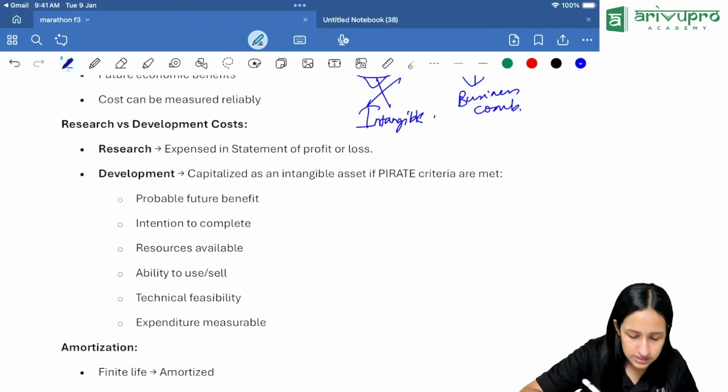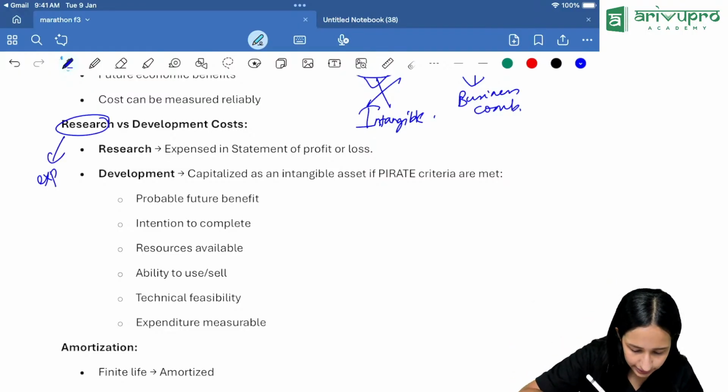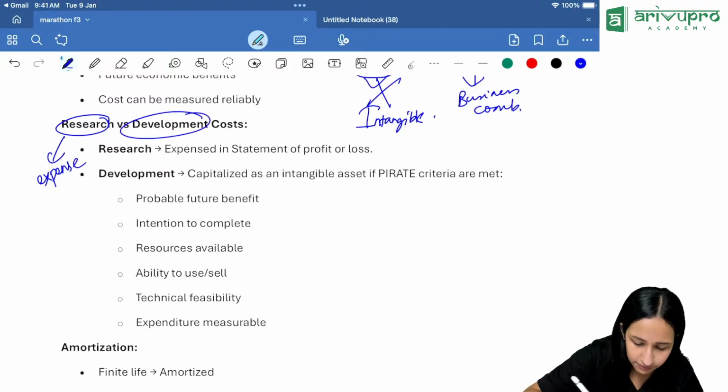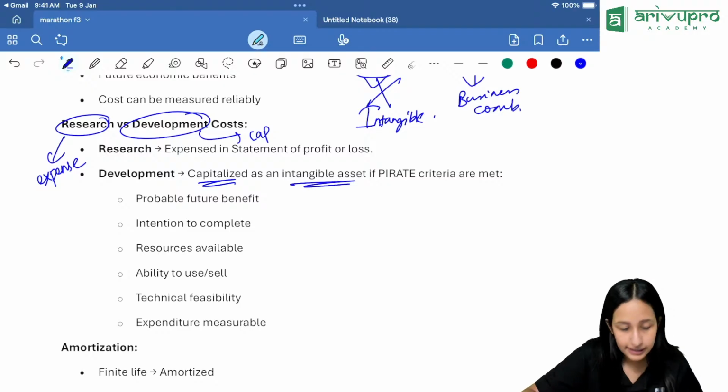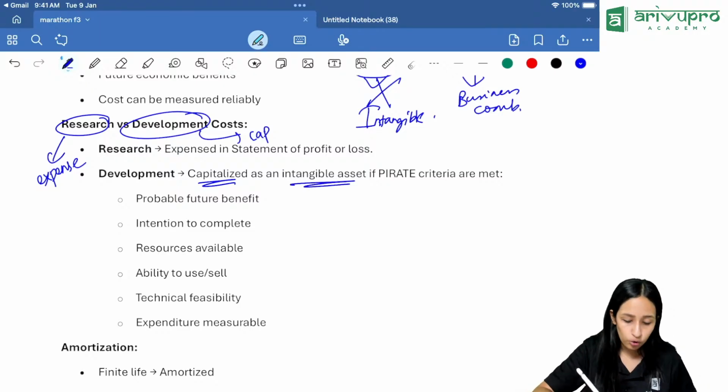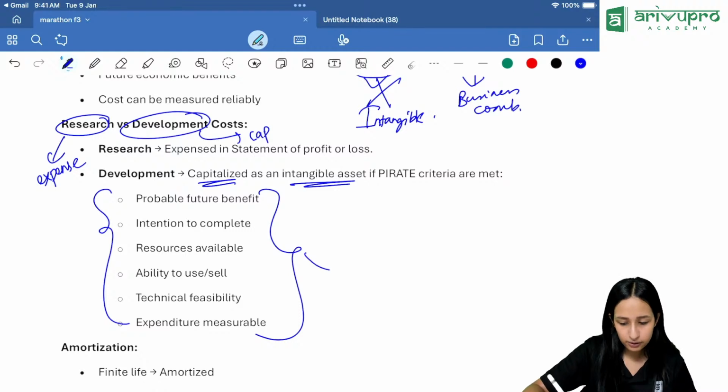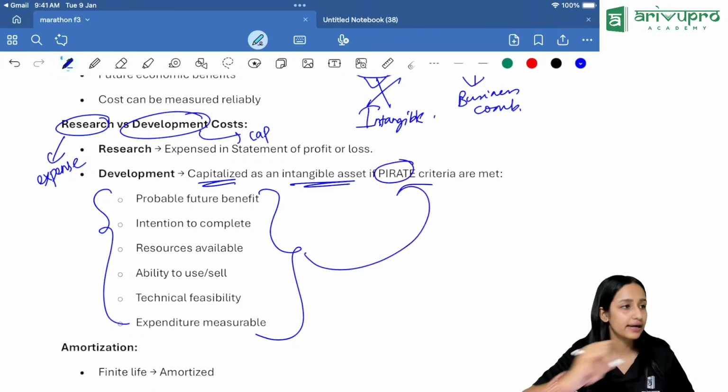Now, research is always an expense. Development cost can be capitalized, that means can be taken as an intangible asset, but only if these criteria are met. What is this criteria called? Pirate criteria. Okay,